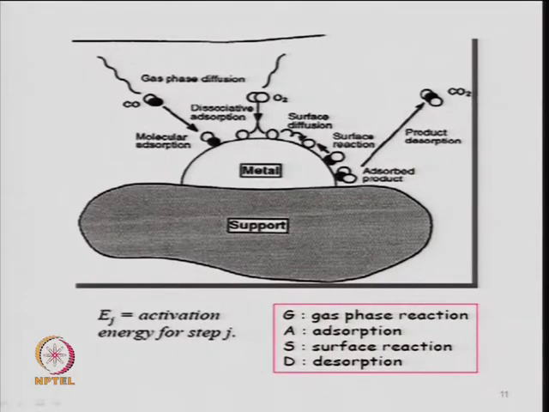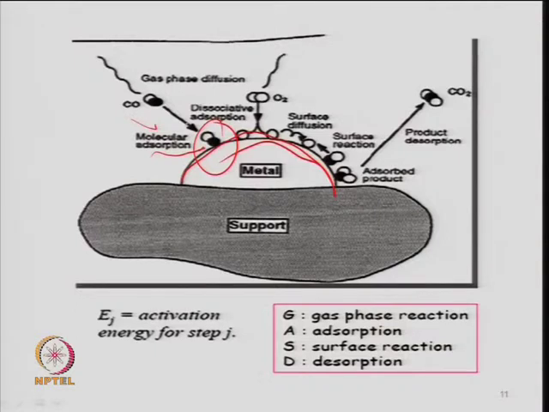So, chemisorption is a kind of chemical reaction mechanism, which we will see in detail later. This is a support on which the metal has been deposited. This is your metal, and the gas species may be hydrogen, carbon monoxide, carbon dioxide or nitrogen oxide, N2O; any reactive gas can be used. So, gas phase diffusion, CO is coming here, and what is shown here is molecular adsorption. I will talk about that later also. The CO molecule as such is adsorbing on this, sometimes it may be dissociative also. So, a combined molecule of carbon monoxide adsorbs on the surface.